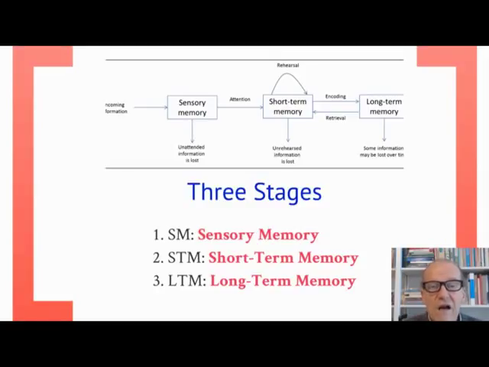Now, this green after image is a sort of sign that there exists some sort of representation close to the eye, which is kept there for a very, very short period of time. There's a rapid decay in the order of milliseconds, and the information is completely lost